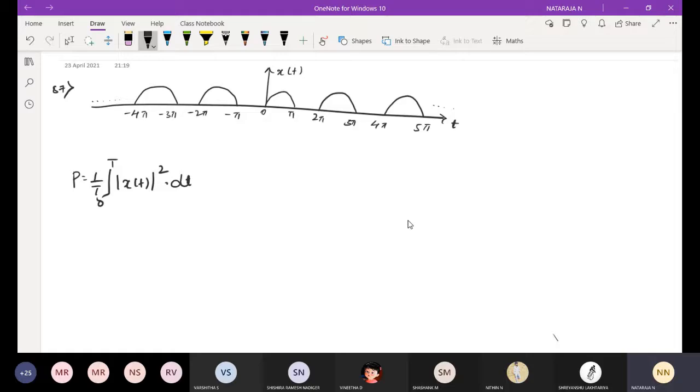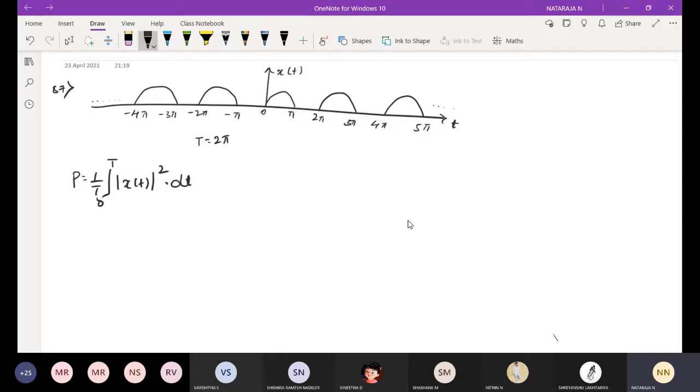One complete signal will be t is equal to 2 pi. I can write, t means 0 to 2 pi. From 0 to pi we have information. From pi to 2 pi we have 0 information. We don't have a negative sign, but we are going to get 0 information. So after 2 pi it is going to repeat. 2 pi to 3 pi there is information. 3 pi to 4 pi there is 0 information.